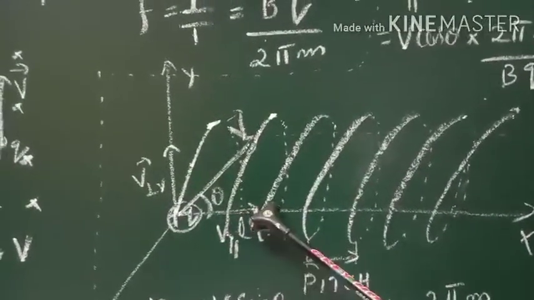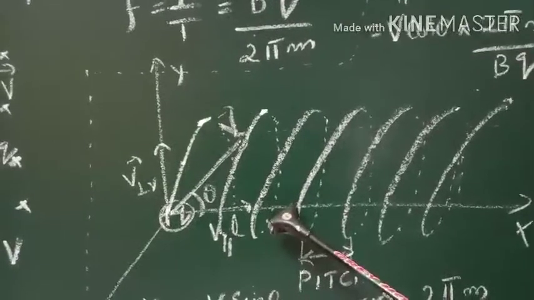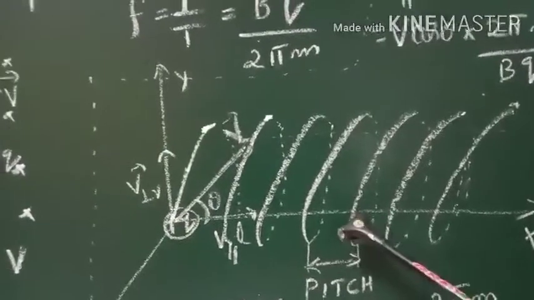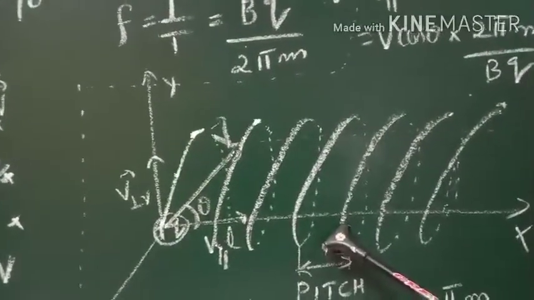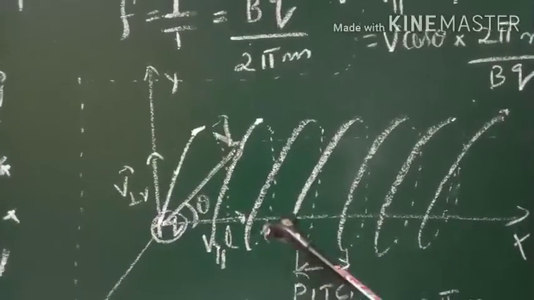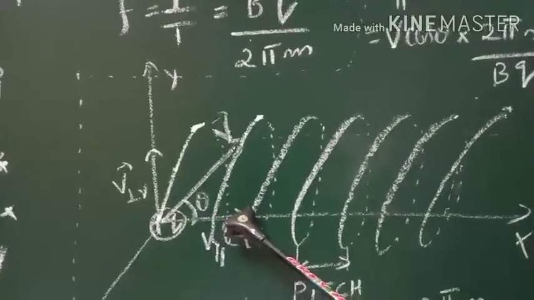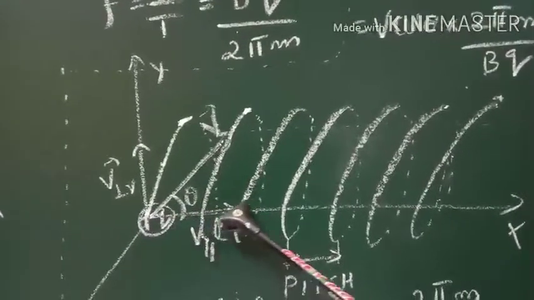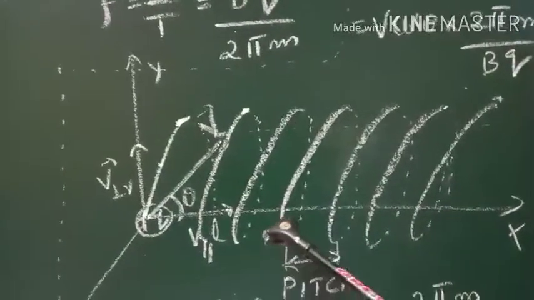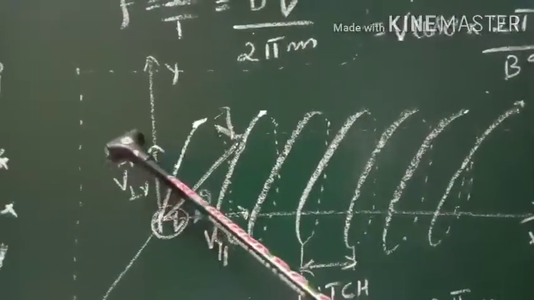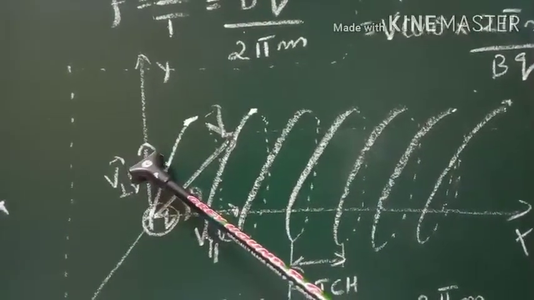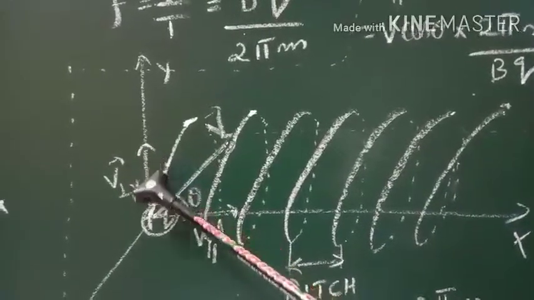So V cos theta component means theta 0. Due to this parallel component, V cos theta component, there is theta 0 we have already discussed, no force is experienced. So no force is experienced means due to this V cos theta component, the particle will continue to move in the direction of the magnetic field. Okay. But here one more thing, it's not only V cos theta component, one more, that perpendicular component is there. And the effect of perpendicular component already we have discussed. The particle will move along the circular path.